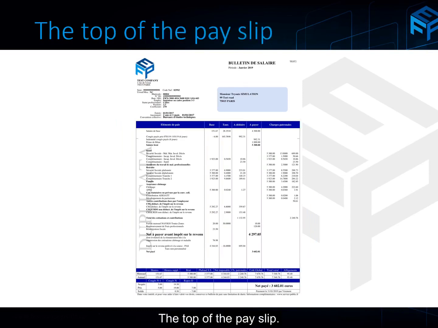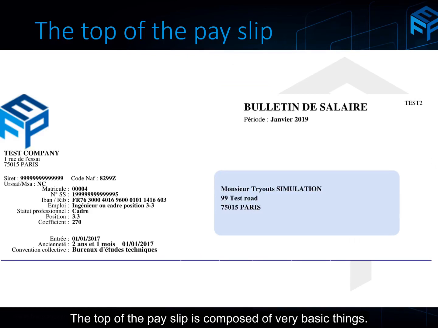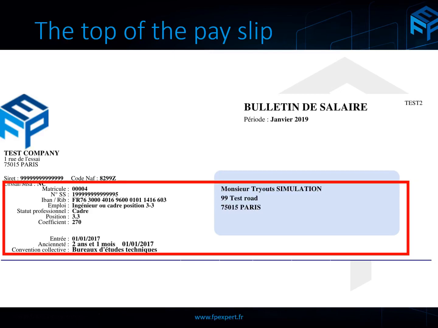The top of the payslip. The top of the payslip is composed of very basic data. There is no calculation there. First, you'll have the employee data, with first and last name, address, ID number of the employee within the company,